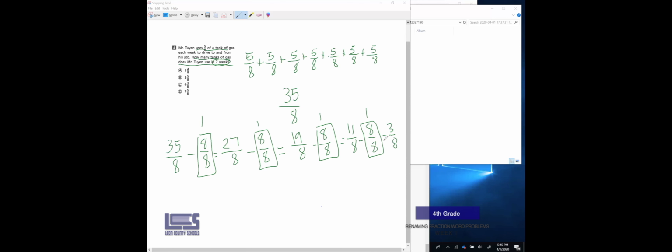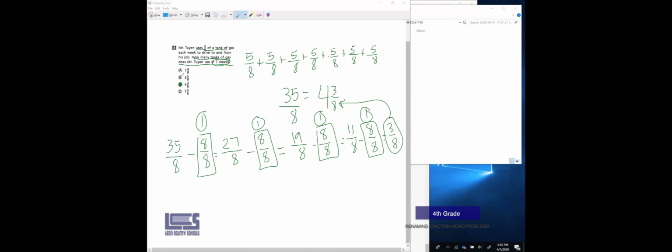Now, we don't want to subtract another whole from 3/8, okay? Because 3/8 is smaller than 8/8, all right? But we do have one whole, two wholes, three wholes, four wholes. So we know there are 4 wholes in 35/8. And what's left? Our 3/8. So we're going to bring that up here to join our 4 wholes. So 4 and 3/8